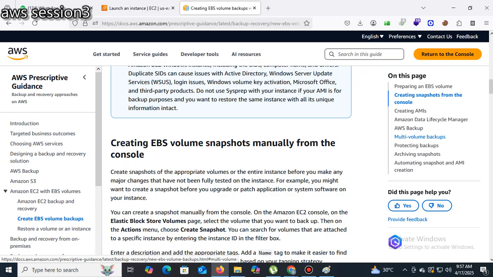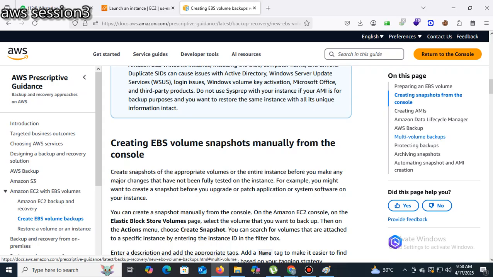From the backup AMI, I restore the EC2 again. The same EC2 instance, a clone of the first instance, we can connect with the new key pair. That is the thing.